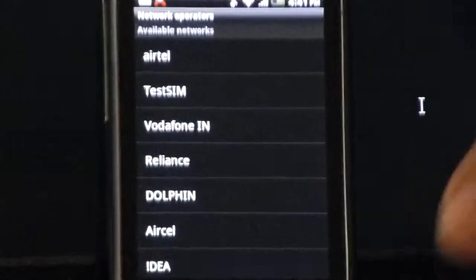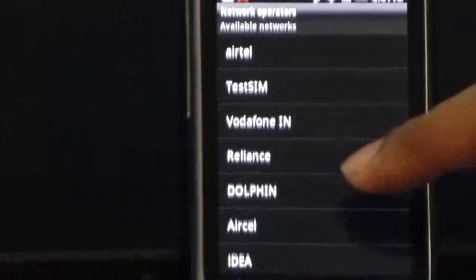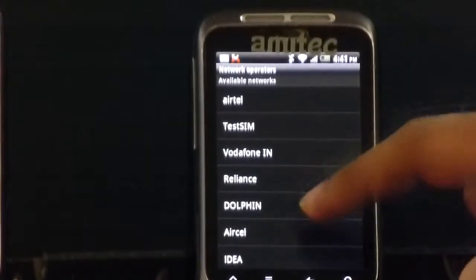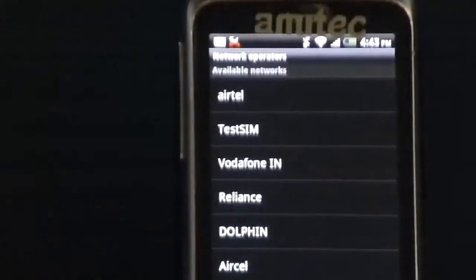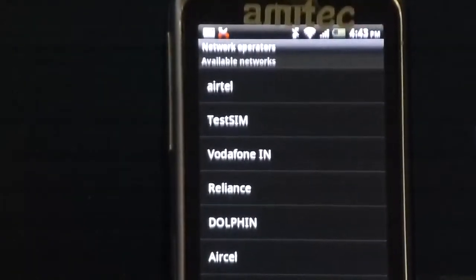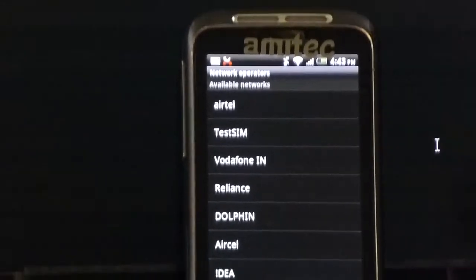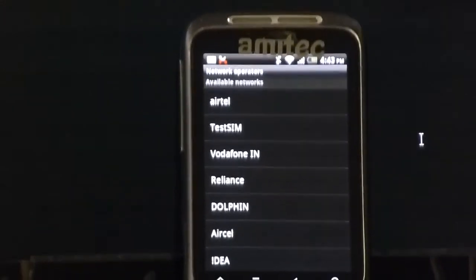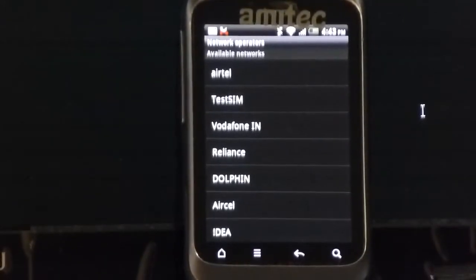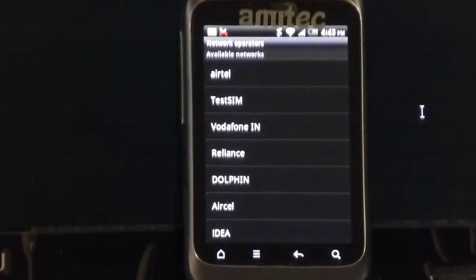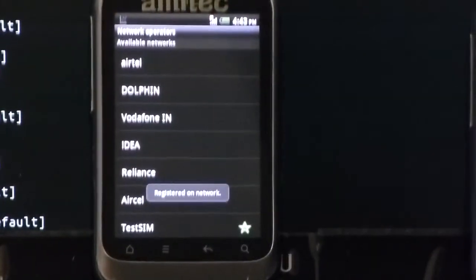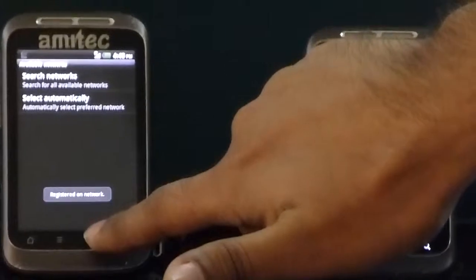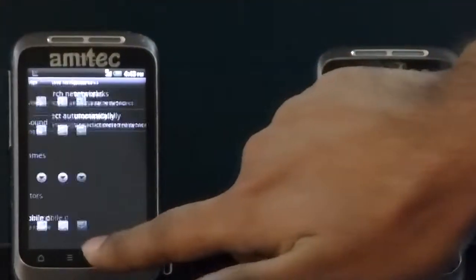As you can see, among the other mobile carriers such as Reliance, Vodafone, and others, we also have another mobile carrier which is not a standard mobile carrier, such as a test SIM. Because this is a rooted phone, it provides access to this kind of naming nomenclature. We can name our BTS as any value, maybe Emetech or any name we choose. So we connect to this network, test SIM. This phone was pre-registered, so it has automatically registered again.